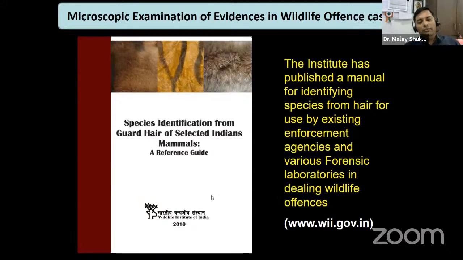For those who are really interested to start their career as an academician or a research scientist in wildlife forensics, the easiest way to start is obviously by taking up a work related to morphometric examination and microscopic examination. So Wildlife Institute of India, Dehradun, obviously has published one of the very good manuals whereby you can use the key characteristics like cuticular, medulla, and cross section for the identification of